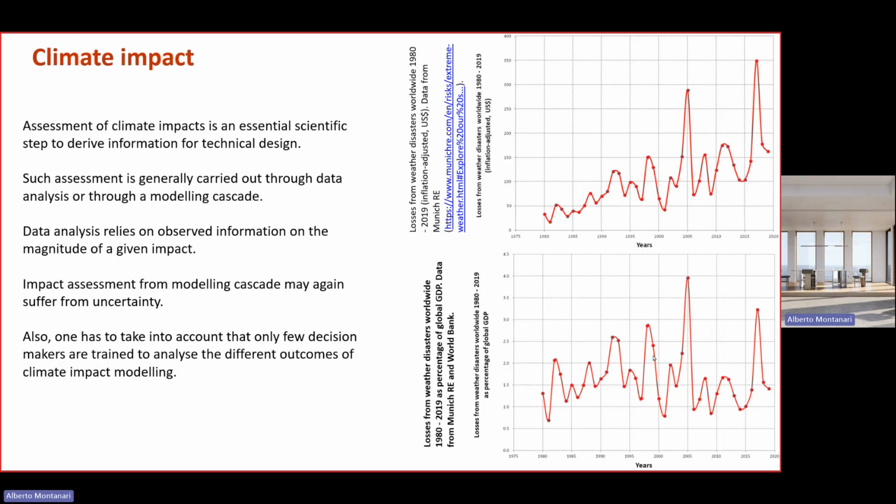Climate impact. This shows you a final consideration, given by these two graphs. On the top graph, you see the global losses from weather disasters worldwide from 1980 to 2020. You see a clear increase. These are economic losses. But if you divide the economic losses by the global GDP, gross domestic product, you get a series that is more or less stationary. So let's be aware of the fact that the impact of climate change depends also on